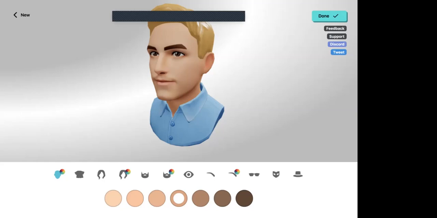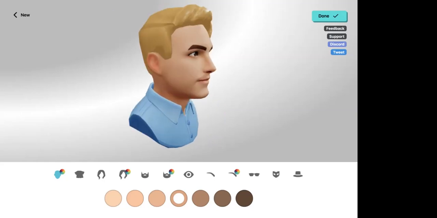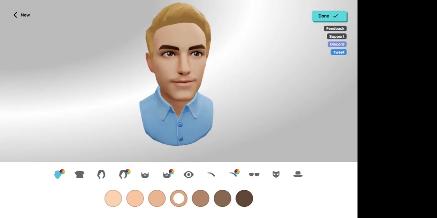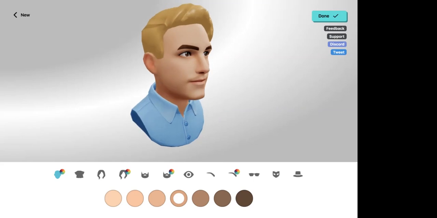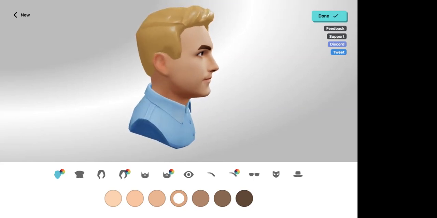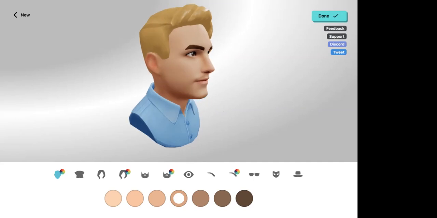Hopefully you're having some fun. One of the things about avatars is that you can really express yourself, or you can get creative with it. I know that a lot of people really gravitate towards the idea of self-expression and creating your personalized avatar. It seems to appeal to a lot of different people.